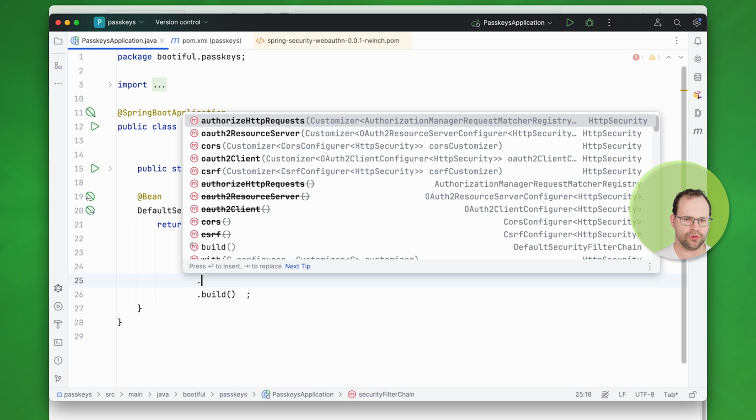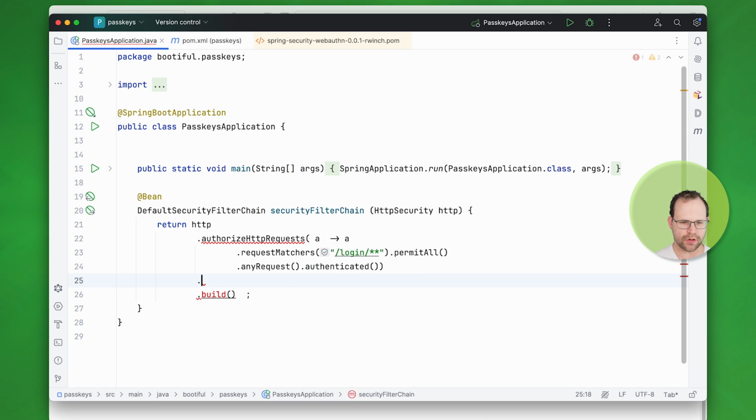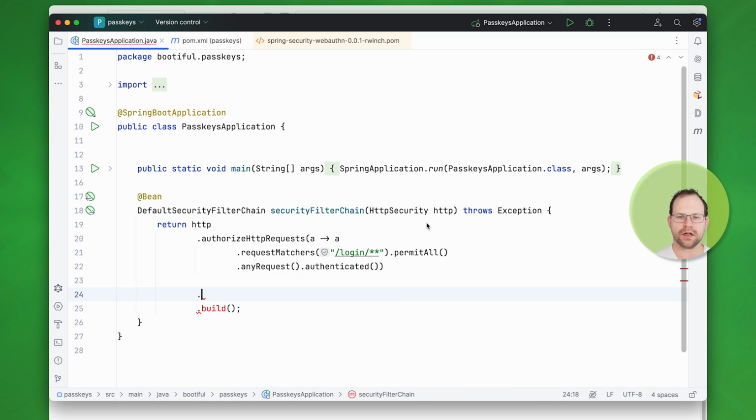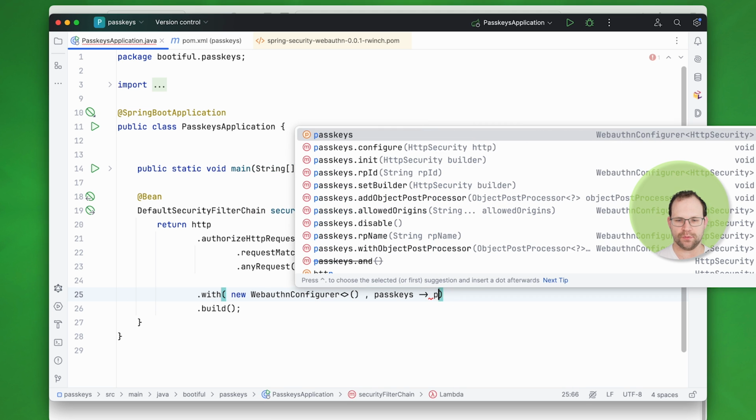And then we want to configure the passkey support itself. So all of this is so far just Spring Security stuff that you've no doubt become familiar with, right? So we also need to handle the exception that might get thrown, okay? So we need a custom configurer. So we'll use with new Webauthn configurer. And here we go, we'll configure, we have a builder and the context, and then we need to configure a